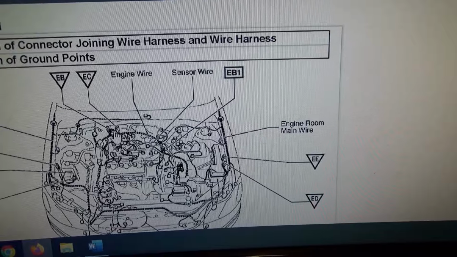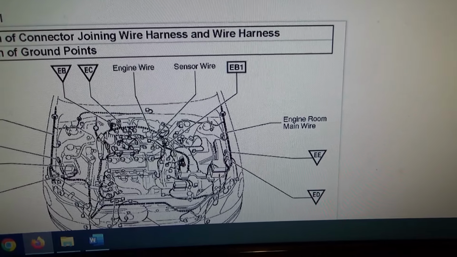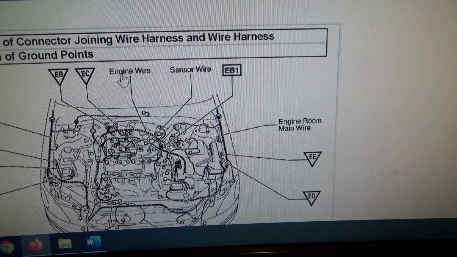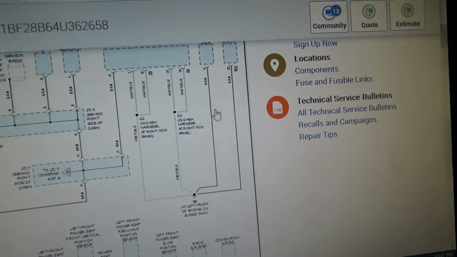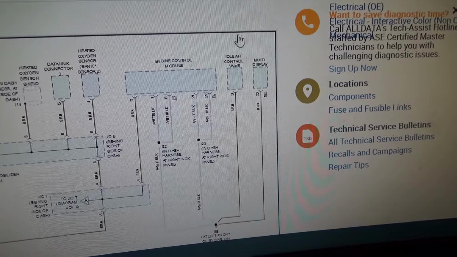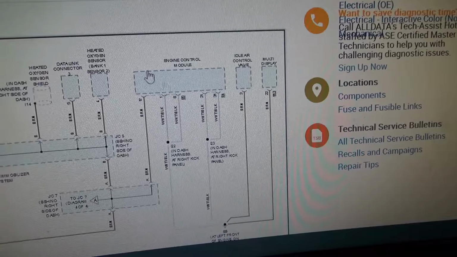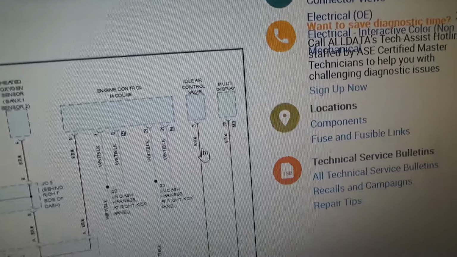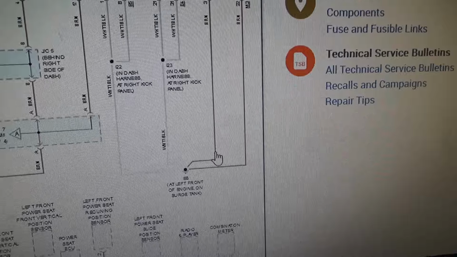Alright, now I don't want to touch this yet. Where can we easily test the ground where it's non-intrusive? So can we test at the multi-display unit? That involves taking the dash apart. Engine control module, again, it's under the dash somewhere. Idle air control valve. Okay, so this must have a manual throttle body maybe. But let's find